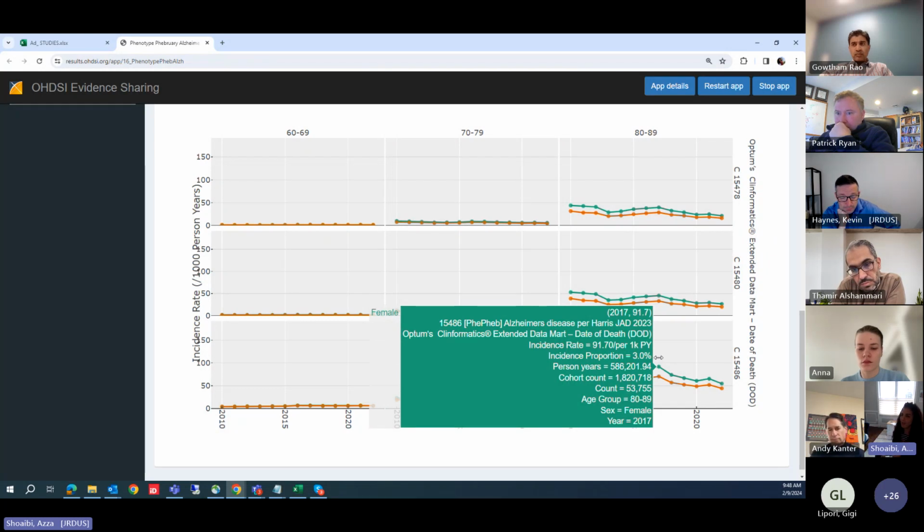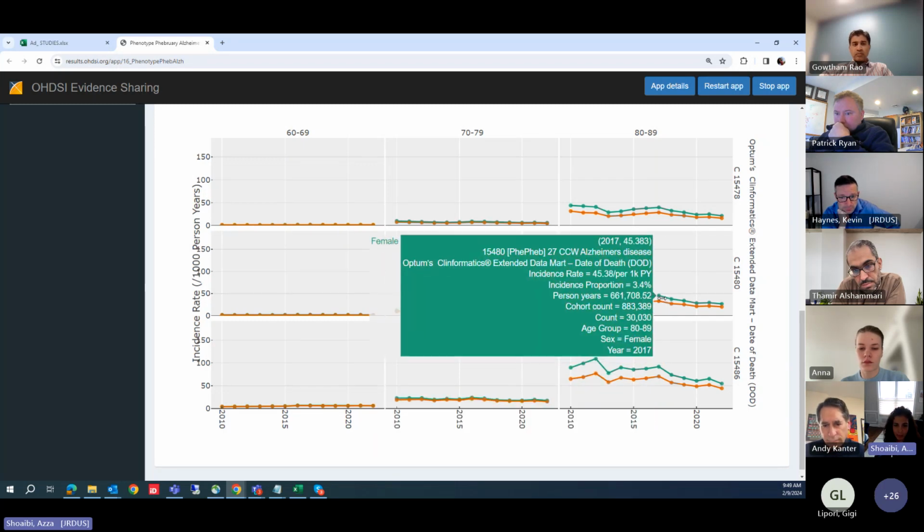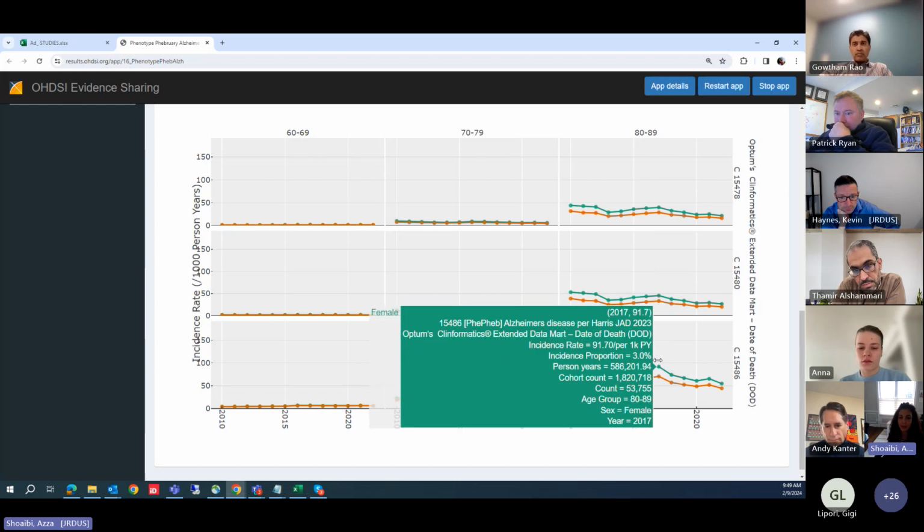So that difference in magnitude in DOD of how many people we captured almost went, what is it, threefold? Less than that, maybe two. So we had, yeah, at least twofold, from 35 to 91. So we doubled the incidence rate of the event, and that's one data source, depending on which algorithm